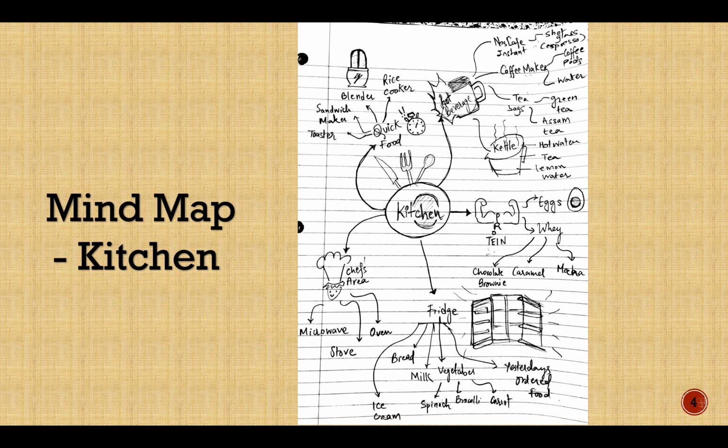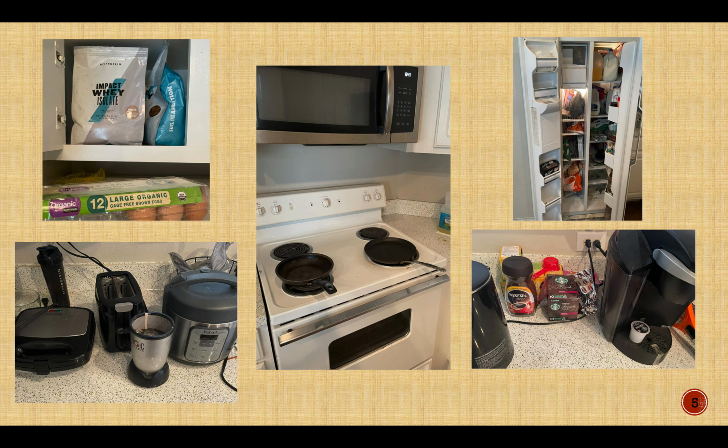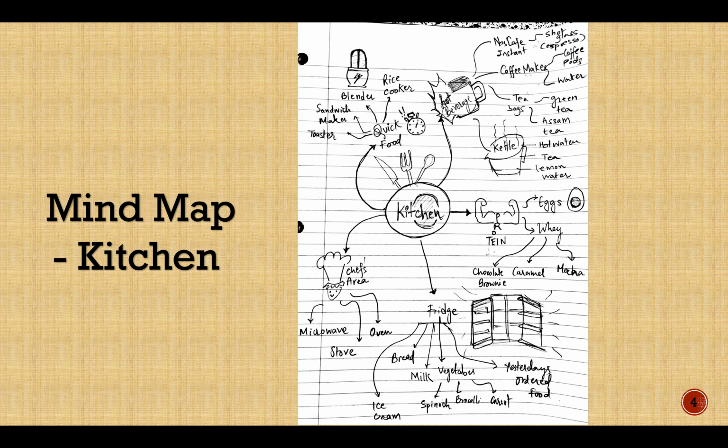Then there's a fridge image, which contains all the different items. There could be a lot of items in it. For now, I've just added things which I have on my shelf. If you see the image, our kitchen looks really stuffed, but we all have sections in it. I have one section in which I have a few items, and the rest of my roommates have other sections. And lastly, the chef's area, where all the cooking happens. These are the items there: the microwave, stove, and oven.